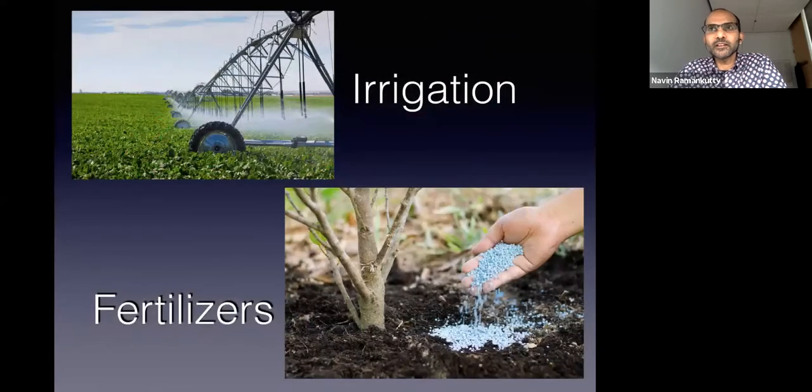We've also improved our technologies over the last 50 years or so. We have improved the productivity of our agricultural lands, both by irrigation, where we are applying more water on the land, or by fertilizer use, essentially plant food, where we are able to provide the nutrients like nitrogen and phosphorus that plants need. So together, both by expanding our agricultural lands and by improving the intensification of our agricultural lands by adding more water or fertilizer or mechanization, we have greatly increased food production over the last 50 to 100 years. The intensification has especially been really, really impressive.